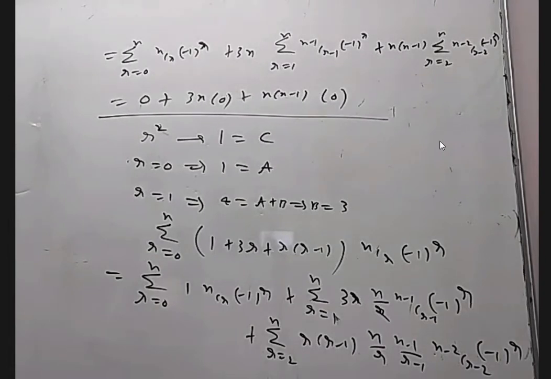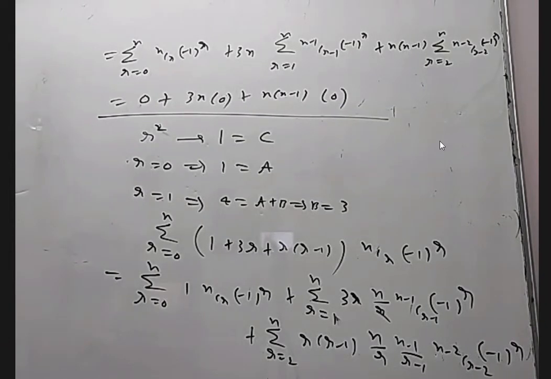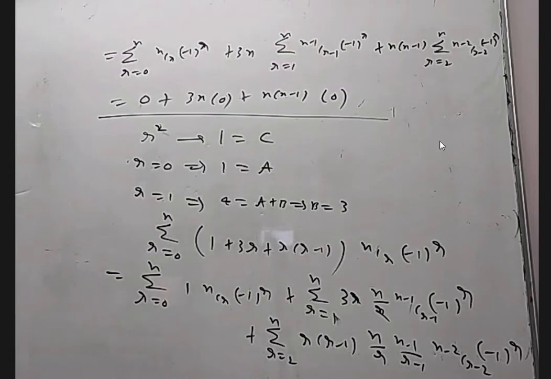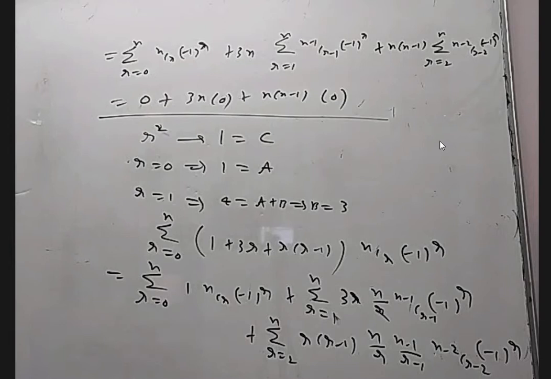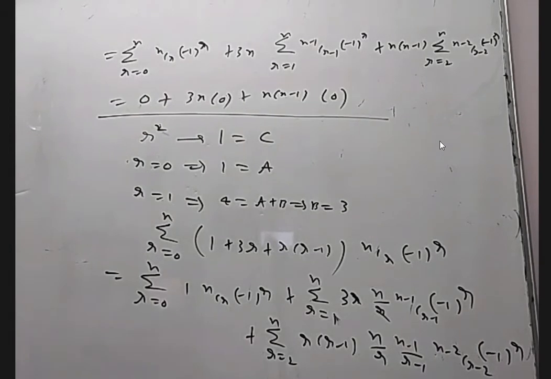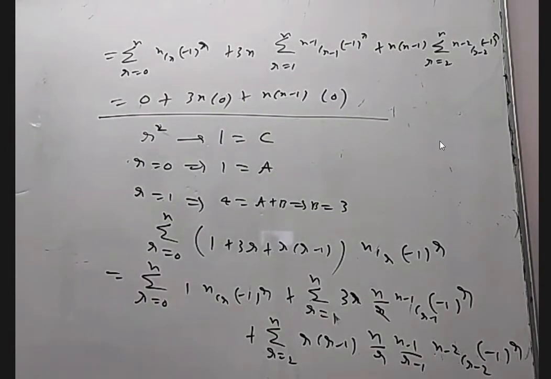So when you have alternative plus minus, the reason we want to get 0 is usually we take 1 minus x whole power n. We'll differentiate it or multiply with x and differentiate it. We do something. When you put x equal to 0 or x equal to 1 at the end, again it will become 0. So that's the reason. So another method I'm going to tell for this question is by using differentiation.